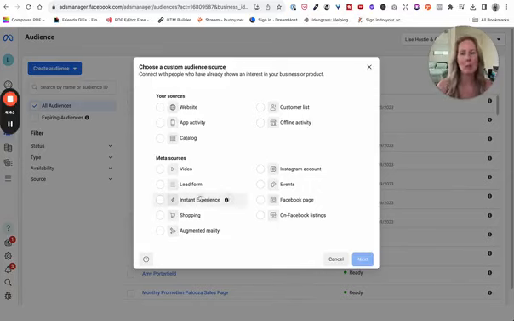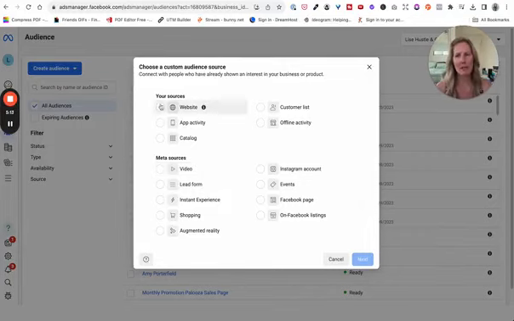Everything else you can pretty much do using Meta, which means that you don't need a pixel installed. So if you have a business Instagram account, you can do it based on that. If you have your Facebook page set up, you can do it based on that. If you are running lead generation ads, you can do it based on engagement with the lead form, which I'm a huge fan of. And if you've done any video on Facebook or Instagram, you can also do that based on how many people have watched.